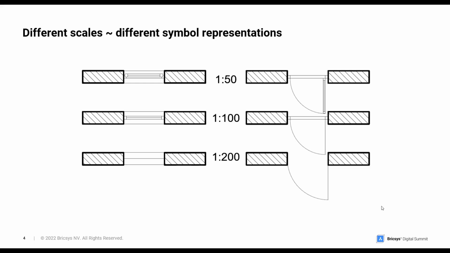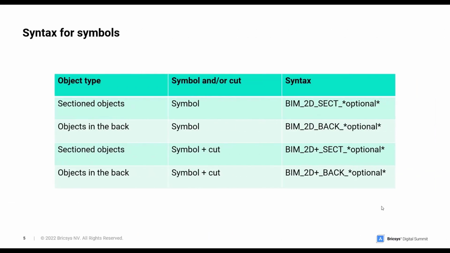To do this, we can include one or more symbols inside our component by putting the 2D symbol on a layer with a dedicated syntax. For elements that are cut by the section plane, we use the syntax BIM_2D_sect. For elements that are lying in the back, we use the syntax BIM_2D_back. We then change the 2D to 2D+ if the symbol is just an addition to the actual geometry generated